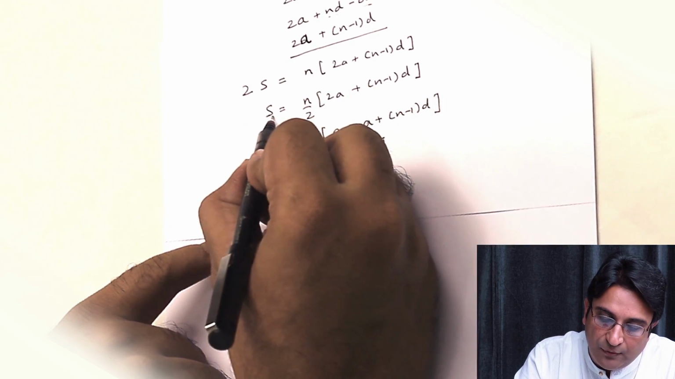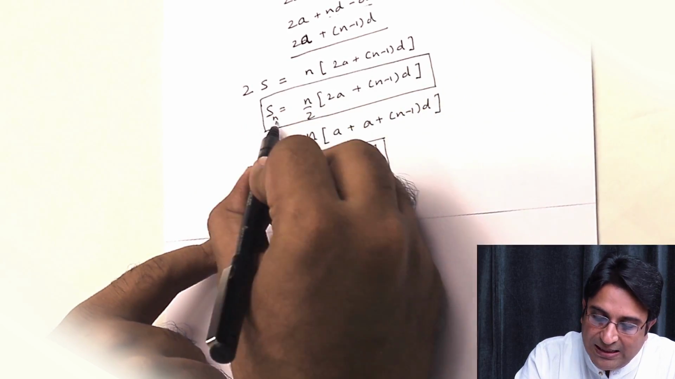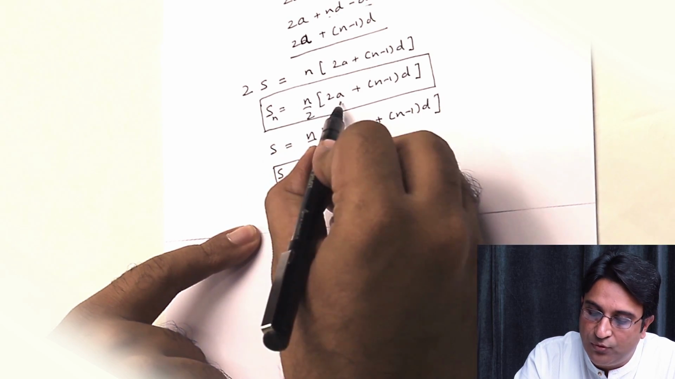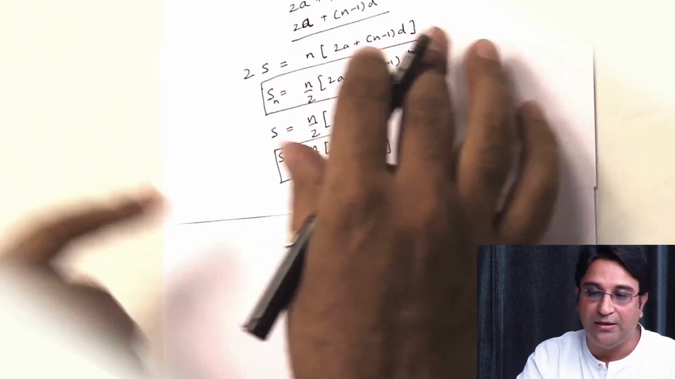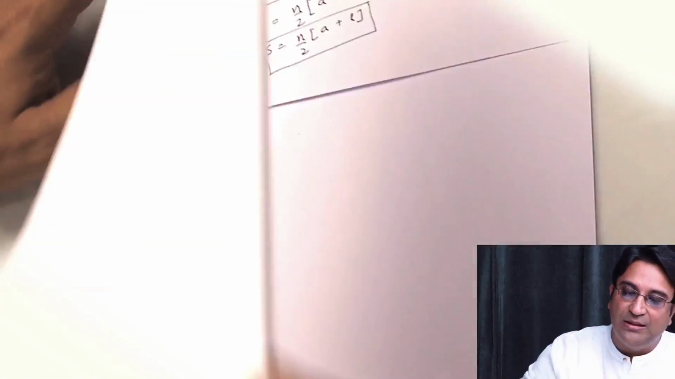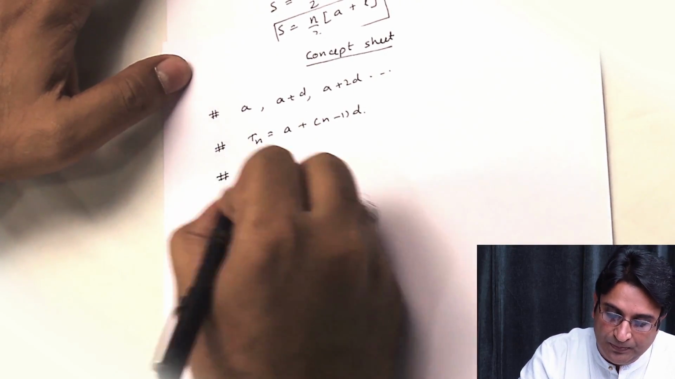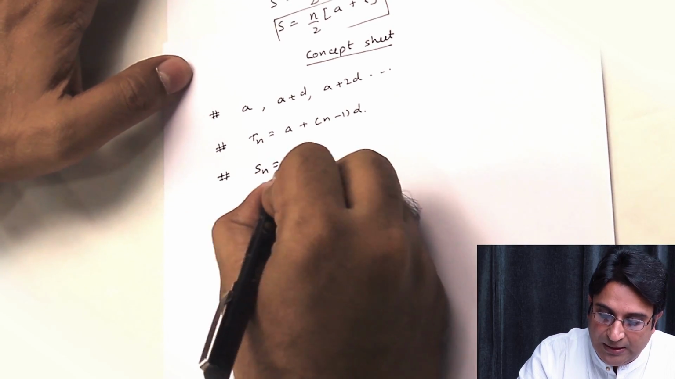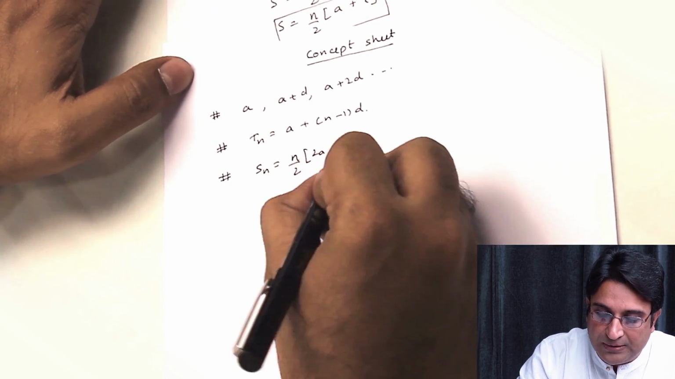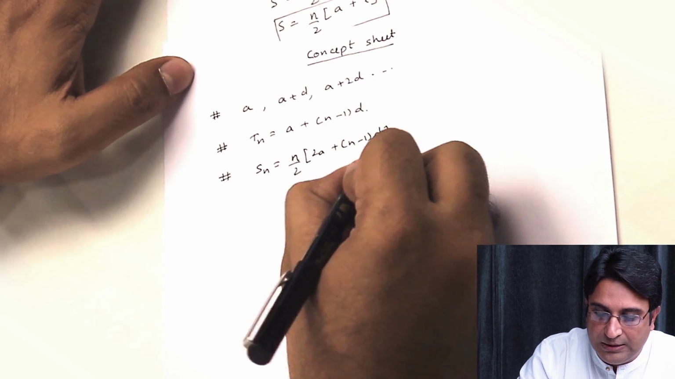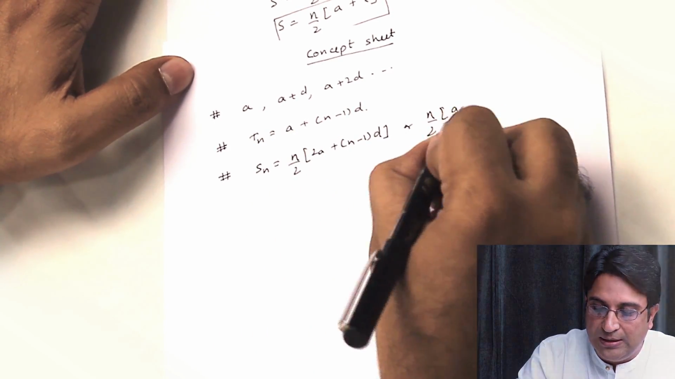The main formula, however, is written as Sn is equal to n by 2 times 2a plus n minus 1d, where Sn stands for sum of n terms. Let us add this to our concept sheet. Sn is n by 2 times 2a plus n minus 1d, or n by 2 times a plus